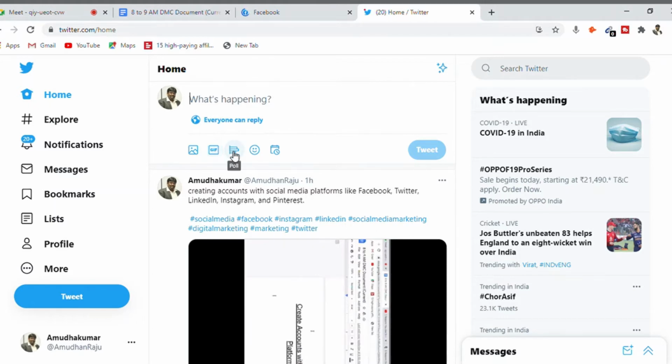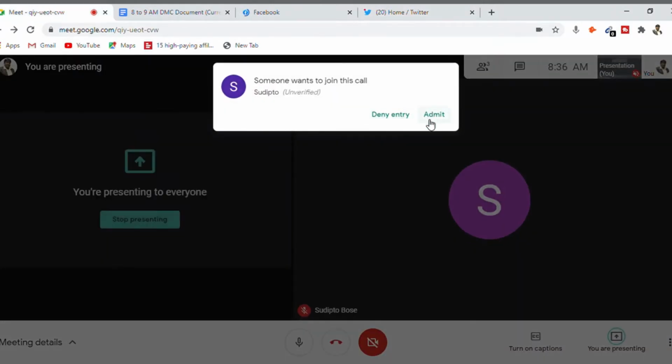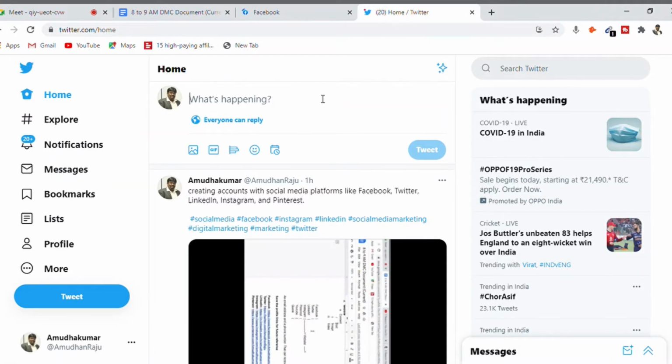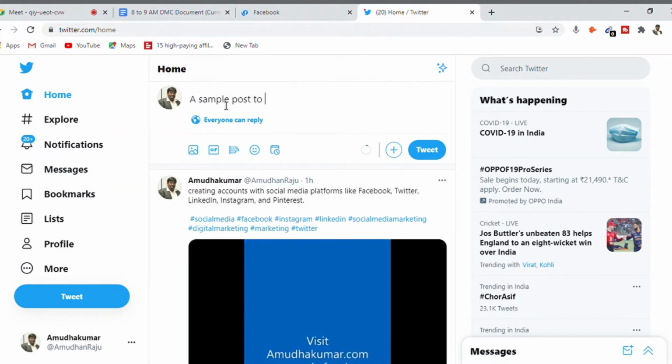You can also create a poll, which means asking people's opinion on a particular topic. You can express about yourself and also schedule the content. Like this you simply have to go. The first box whichever you have is for text content. You can write anything, for example, a sample post to demonstrate